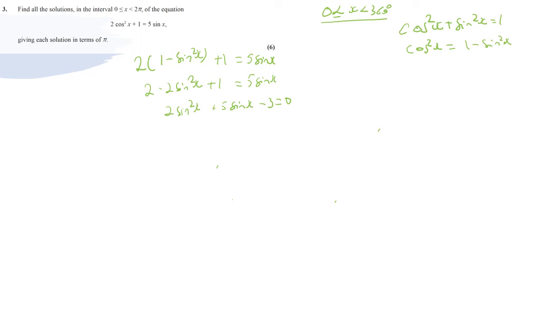Okay, and now if I solve the quadratic quickly, we will say that the value of sine x is a half, or sine x is equal to negative 3. Right, and now if we solve the equation, we'll just draw our